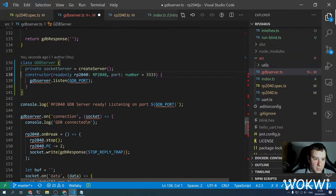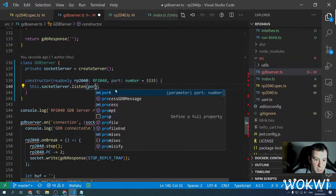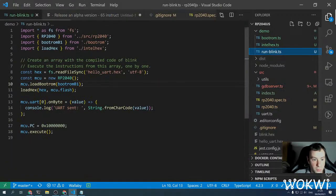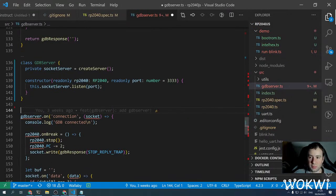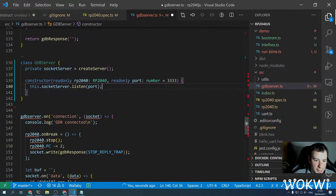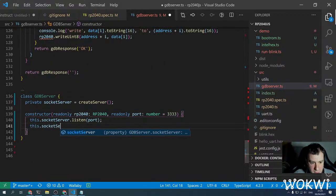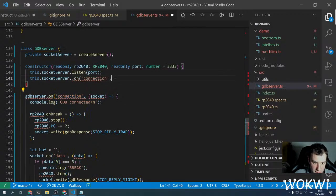Yeah, so we already have the socket server, and then this.socketServer.listen with the port that we got. Maybe let's make it read-only as well, so it will be available as a property of this class. And then we definitely don't need this, but I'm actually going to make it part of this blink. So we will use this API in a second in the demo program, so we can check it works. Cool, and then we need to listen for connections, and basically this.socketServer.onConnection. No, this is the API. Socket, this.handleConnection